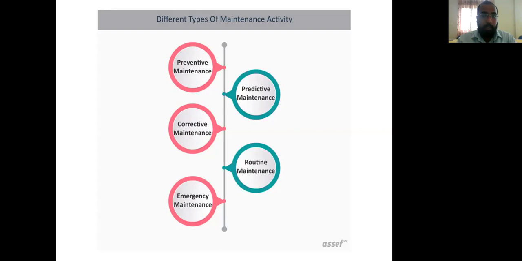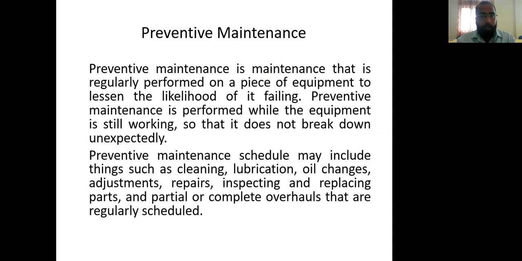Predictive maintenance is a highly effective type of maintenance where we predict what will happen in the next 3 months or 6 months to this machine, whether it be a breakdown or any kind of service which is necessary or not. This is predictive maintenance. So these are all the different types of maintenance. We will go through the next slides.